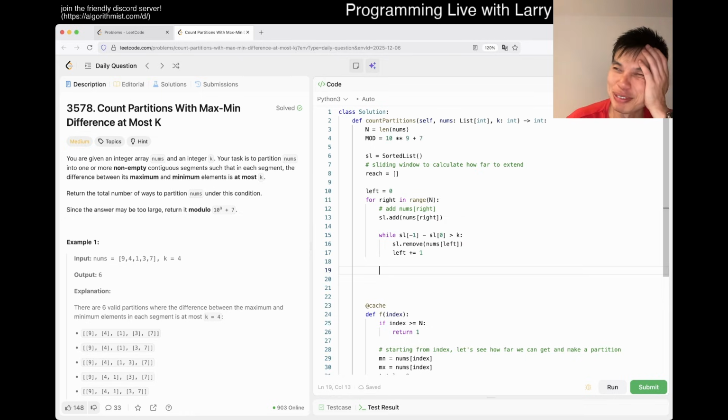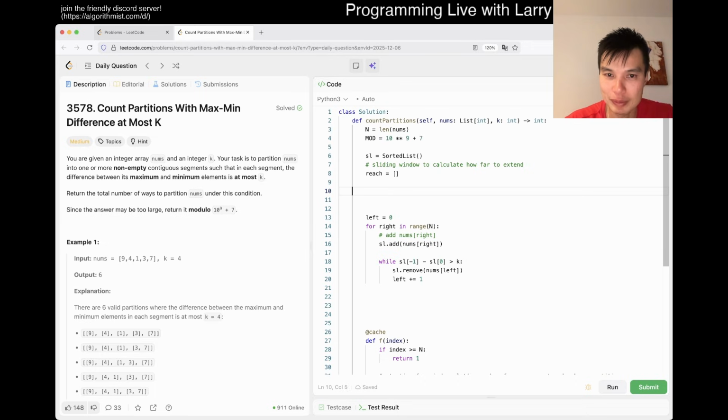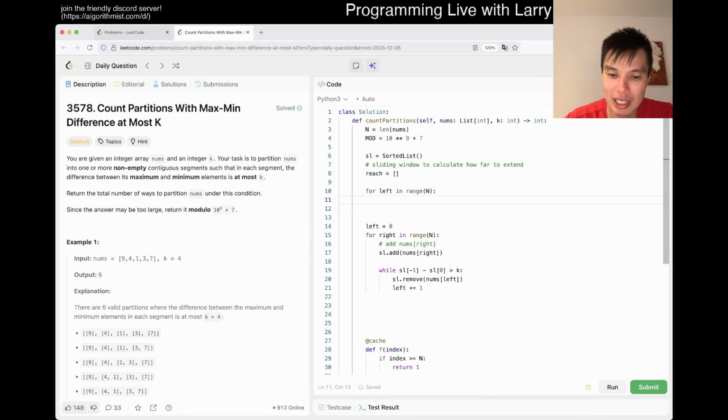This is fine, but I think I did this wrong. It's a little bit annoying because from the right side we get the left side, but actually I want the other thing. Maybe I'm just not thinking today. Because we're on the left, okay, so fine. So now for left in range of n, and sorry,